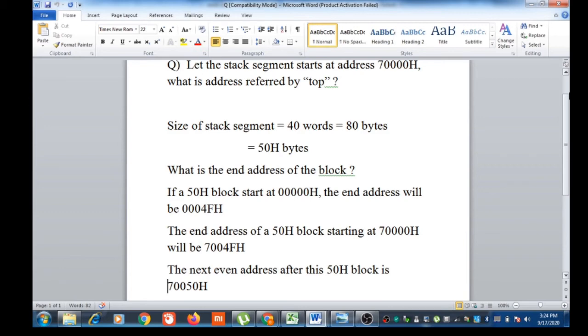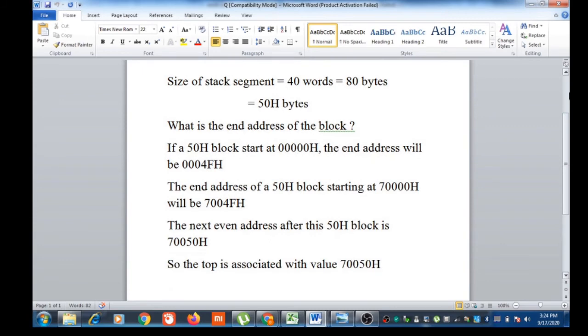The next even address after this 80 byte block is 70050H. So top is associated with the value 70050H, and the value stored in the SP register will be 0050H after the instruction LEA SP, top.